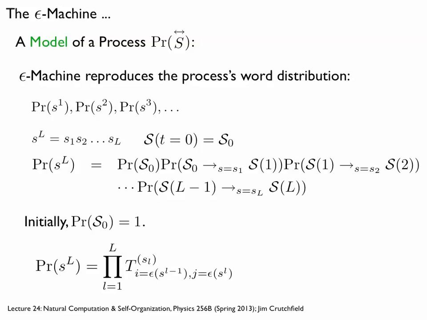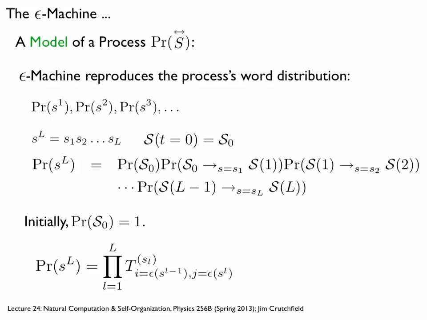Well, one way to think about using it is as if it were a generator. I now have a model, and in a sense I put it into a simulator and see what sequences it produces and what their probabilities are. Since we started with the process and are claiming it's a good model of the process, it's intuitive that the epsilon machine generates the word distribution. It should. It's supposed to model that. So in what sense is an epsilon machine a model of the process's word distribution? Well, the word distribution is just the distribution of length 1 words, length 2 words, all lengths, and it's supposed to somehow reproduce that.